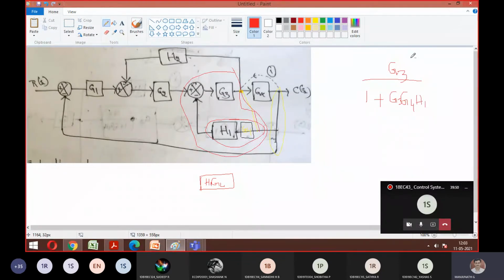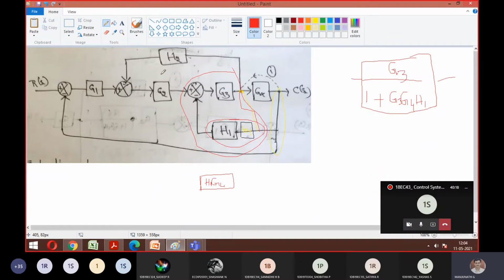So this is the single block answer we get after reducing this category. Is it okay to everyone till here? Try to solve parallelly, what I told. First we have moved the breakaway point here. Since I'm moving from G4 backside, I should multiply G4 here. So these two become cascade, and this combination is elimination. If you eliminate, this is the answer.